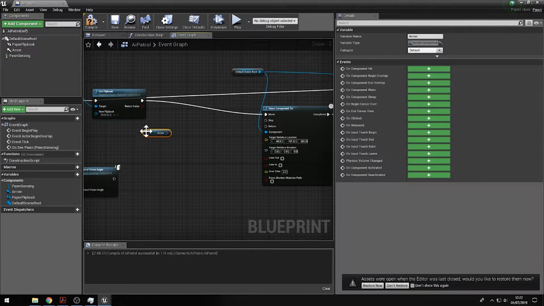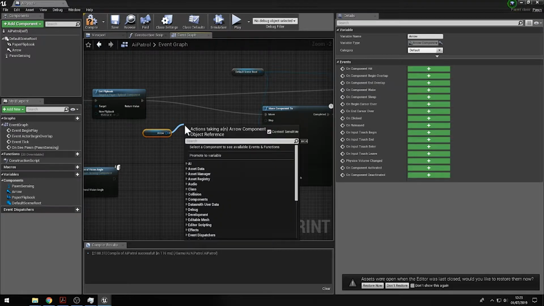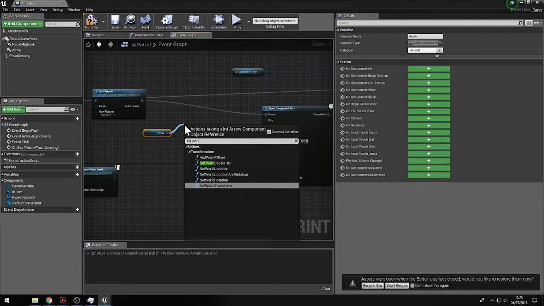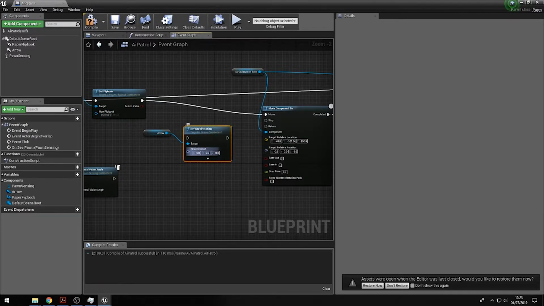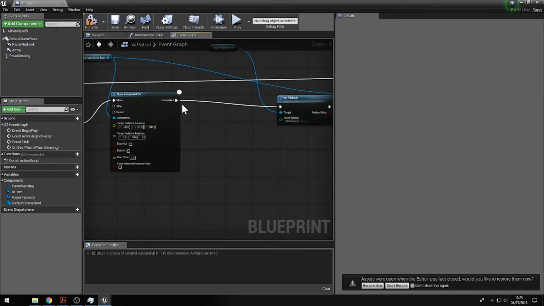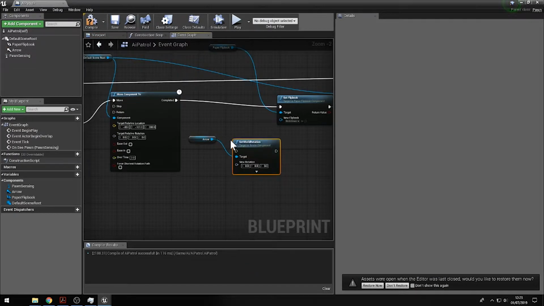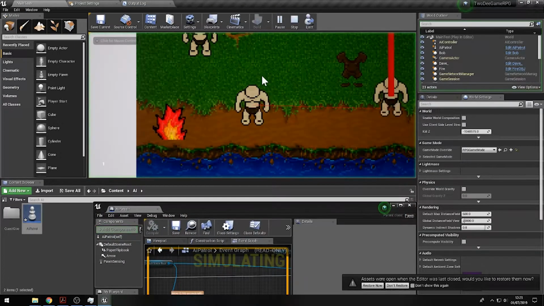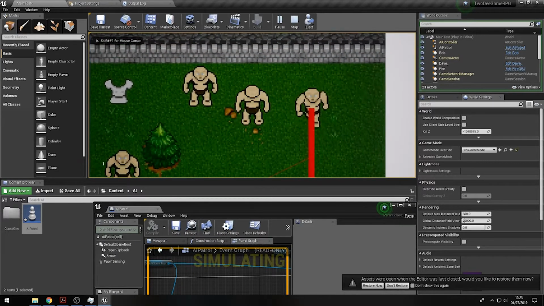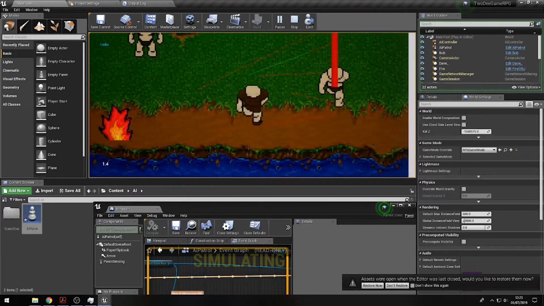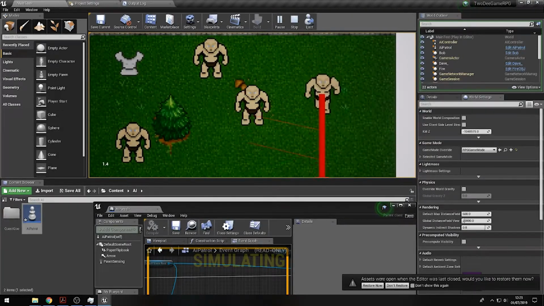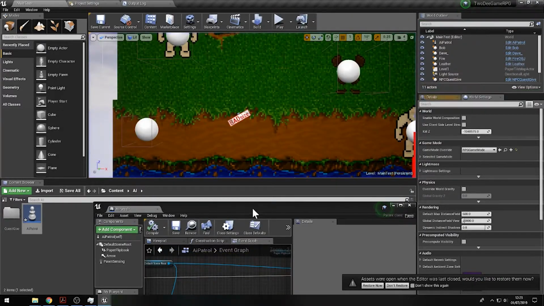So what we're going to do is get rotation, and then set world rotation, like so, and set this one to start off with on the y-axis of 90, and then we'll do another set world rotation on this one here, and this one 270. So what should now happen is, when our character is moving, an arrow should appear and it should show the direction of travel. So there you go, he's traveling upwards and he's traveling downwards, and it's showing the correct direction of travel. Now that's going to be useful because we can use that data later on to work out which direction our character should be facing